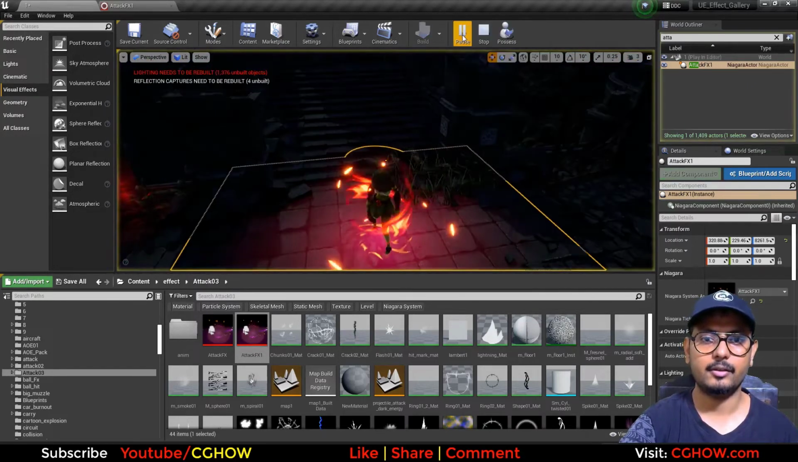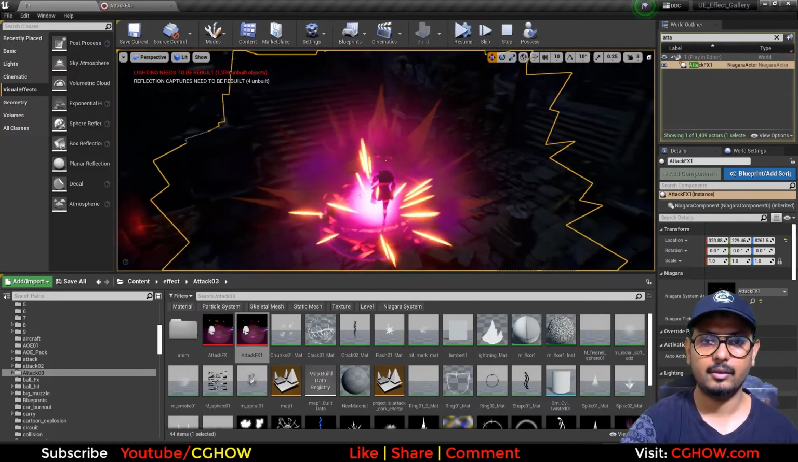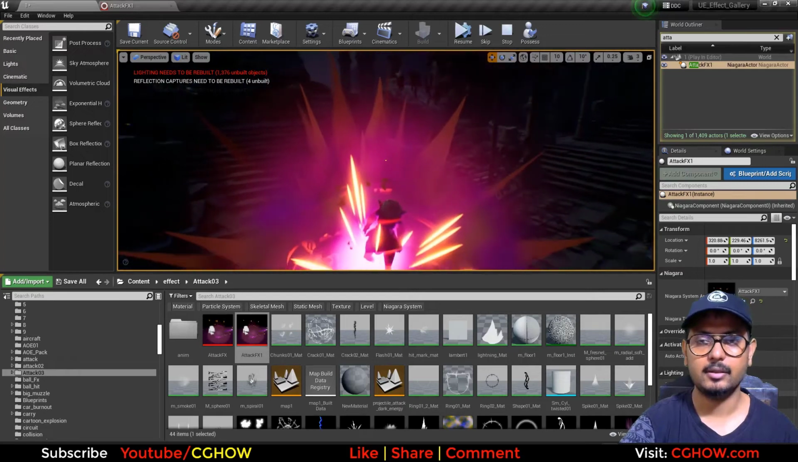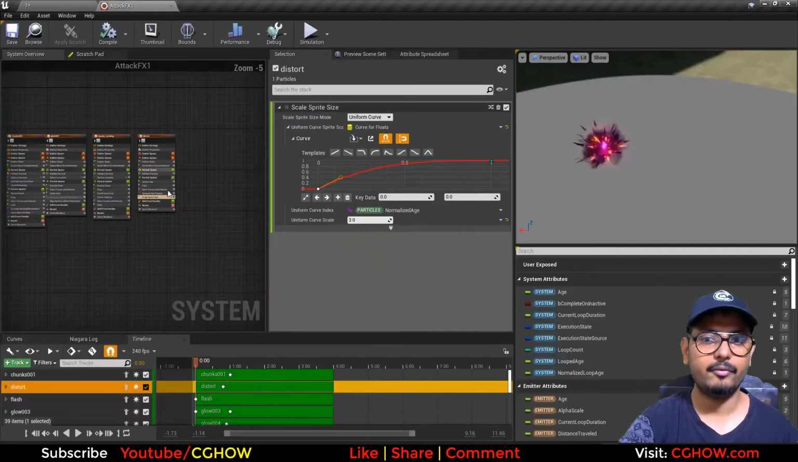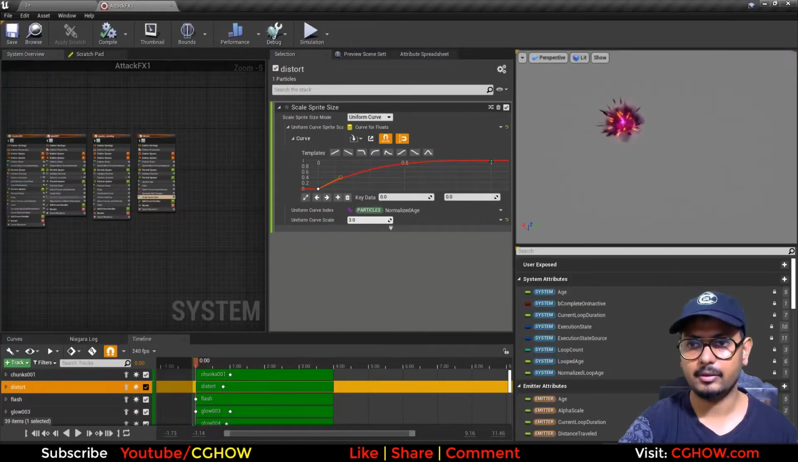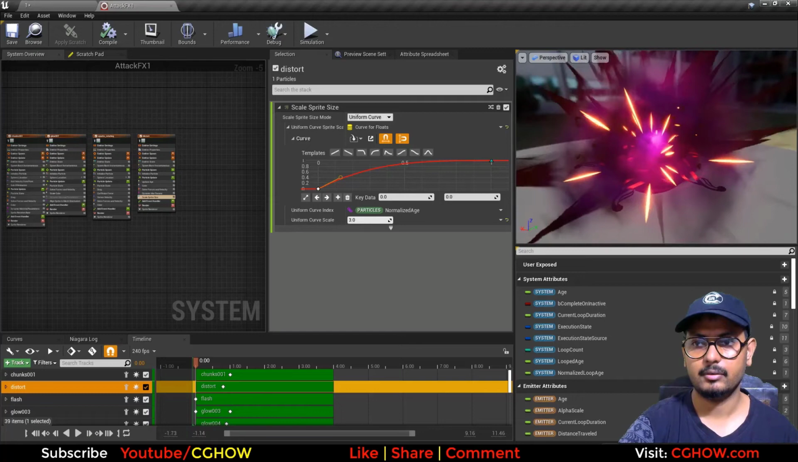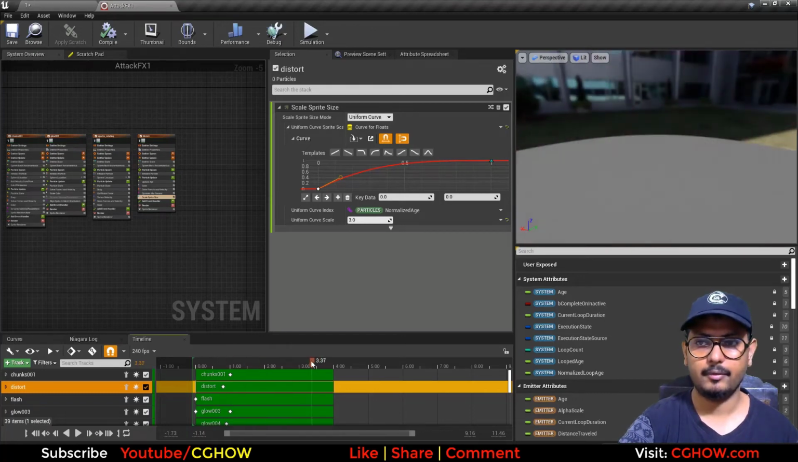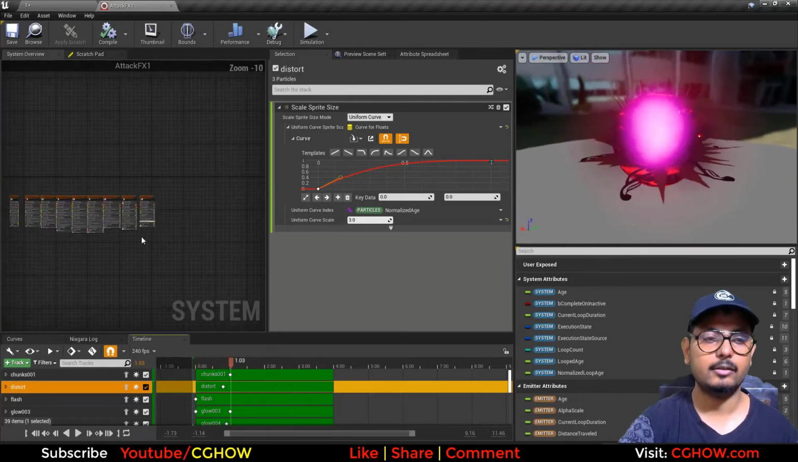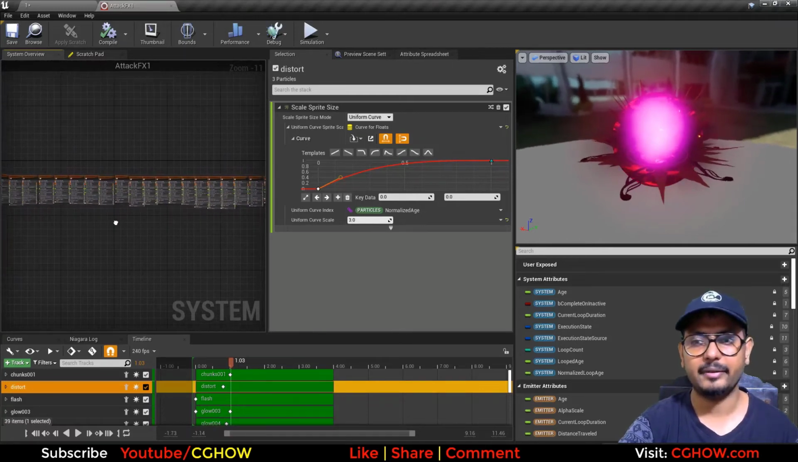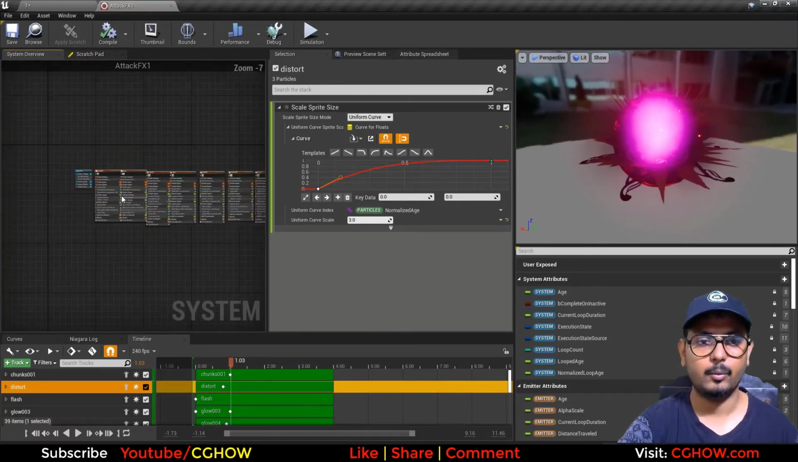It's a dark smoky effect. This looks cool. It has these spikes. So this is the whole effect in Niagara. You can see it here. This is the whole effect. It has lots of elements, but mostly duplicated versions, so nothing